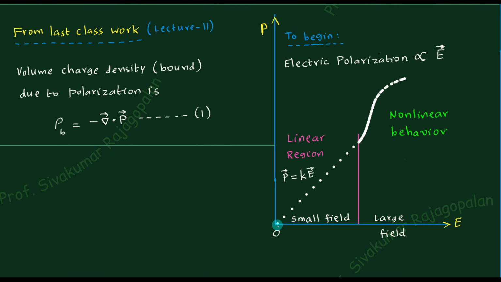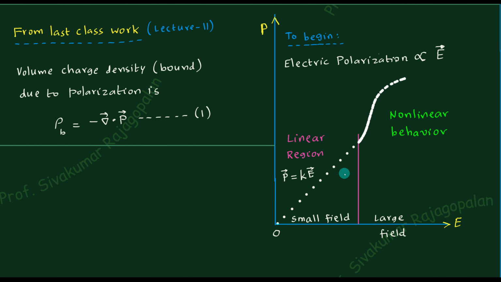You might have studied polar molecule in chemistry typically, and the meaning of the polar molecule is that this first point will not be 0, 0, but it will stay somewhere on the y-axis. Y-axis means the P here. So on the P-axis, this particular first point will come, and all other points will be shifted up. So that is known as the polar material. So polar material means you already have the dipole moment even in the absence of the electric field. So let us not go into that right now. Let us consider the non-polar situation where 0, 0 will be the starting point.